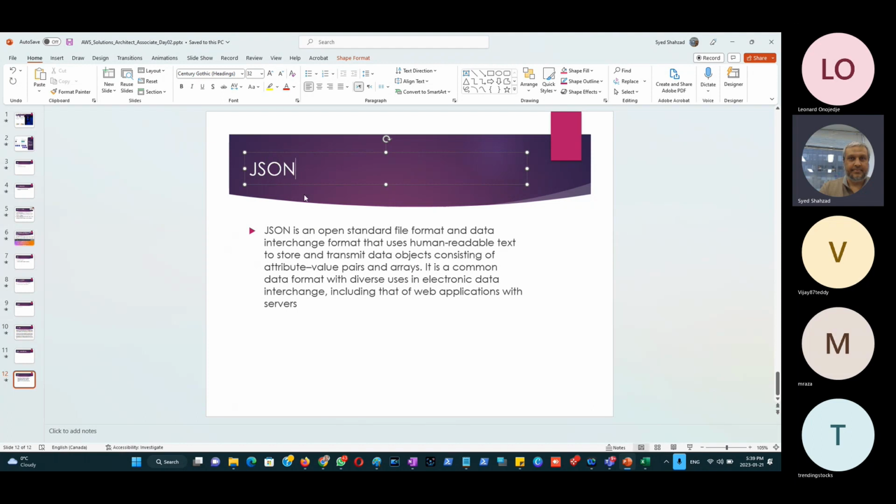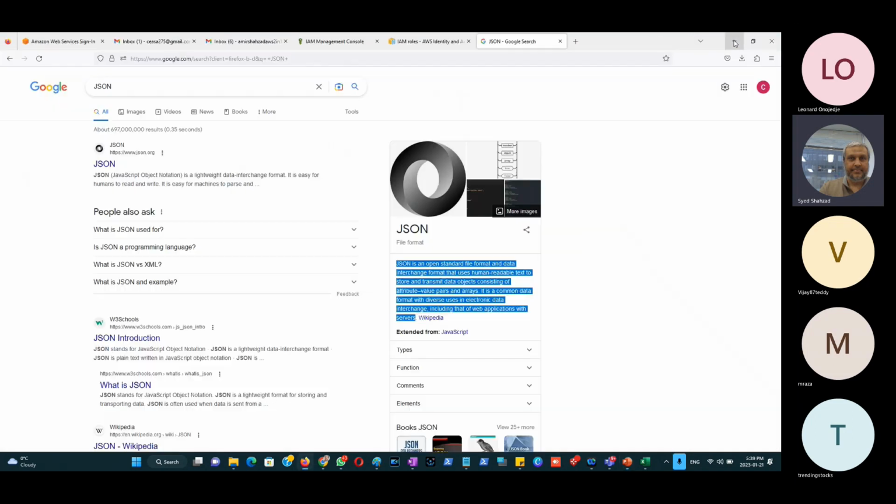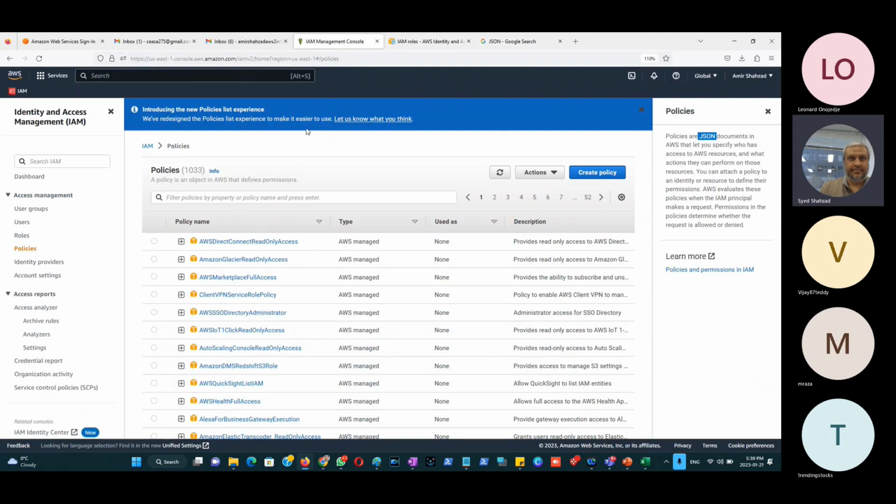And we will be actually making some modification in the code in JSON files, right? So I'm just gonna Alt tab and go back to that screen where we were. Okay, so when it comes to policies, we already have an idea, but policies are JSON documents in AWS